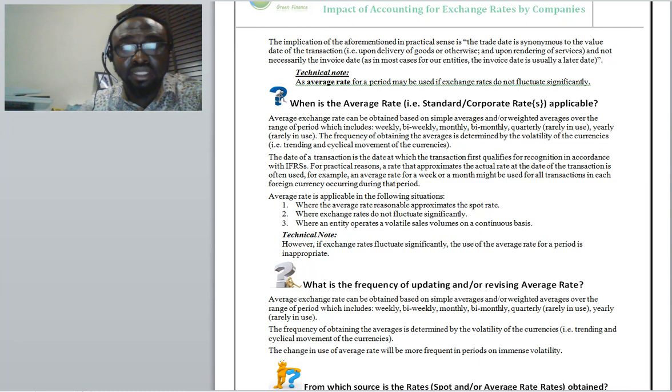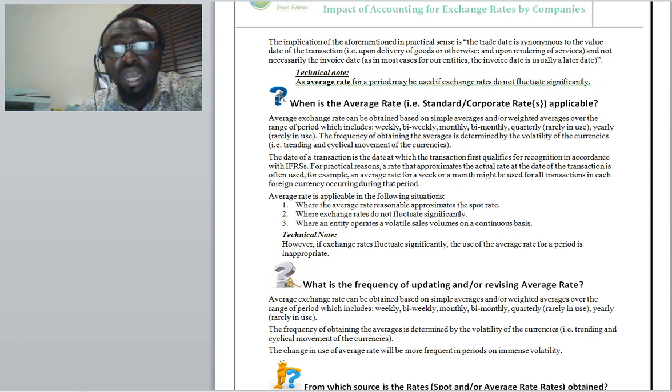that represents the delivery of goods or services and not necessarily the invoice date, as in most cases, entities might be getting invoices that are belated. And that's why finance professionals need to be thoughtful about it. In technical